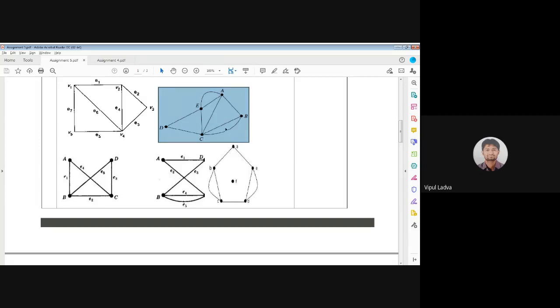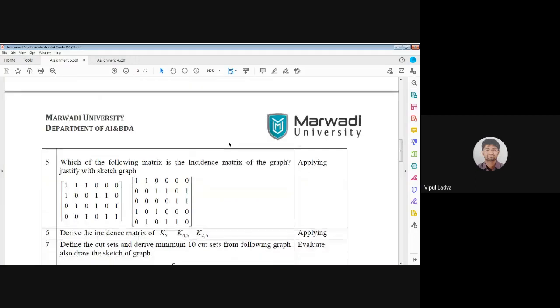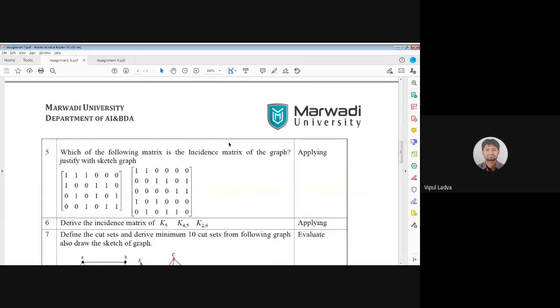First of all, you will give some notation on each and every edge, okay? You need to use some notation, E1, E2, E3, or you may use small a, small b, small c, that will be your choice, okay? But if the labeling is not there for the edges, you need to provide that labeling first, and then you may proceed for the incidence matrix, okay? Good. So question 4 is quite a kind of simple task, and up to question 6. And question 5, the reverse kind of process, I had provided 2 incidence matrices over there.